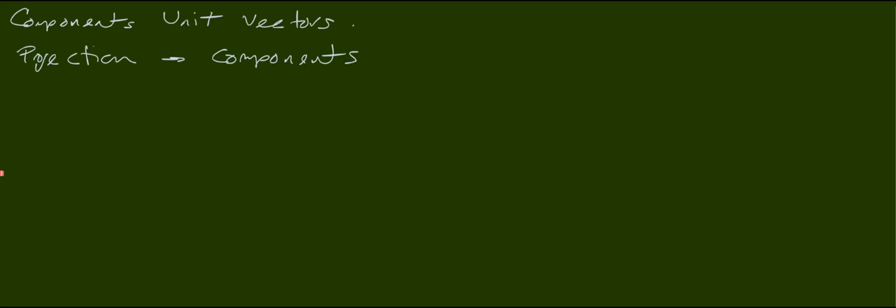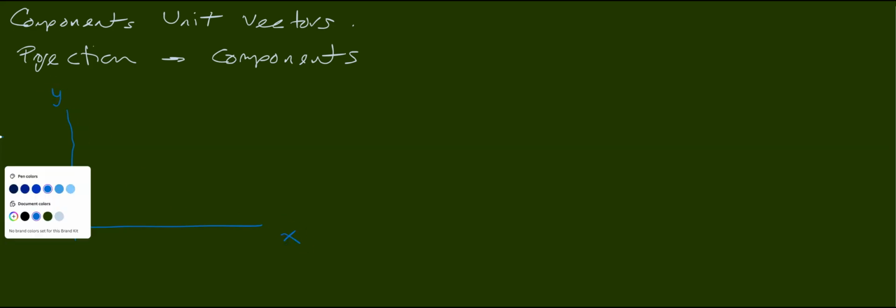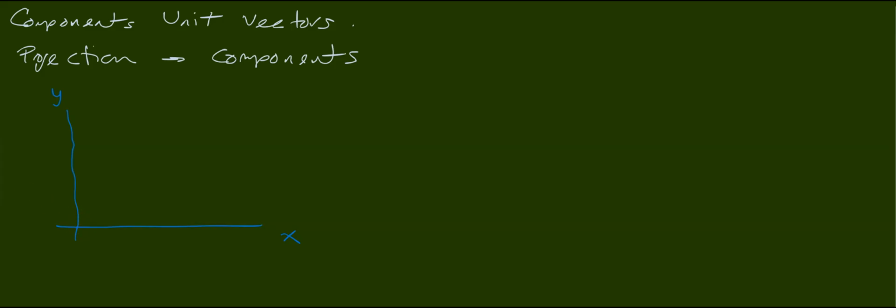So let's define a vector. Here, I want to put an x-axis and a y-axis, and then let's go with something, let's say red. So I want to define the vector here, vector A, which is going to have a magnitude like this, and then it's going to have an angle. So the projection or the components of vector A are defined as follows. To project the vector parallel to the x-axis, like so,